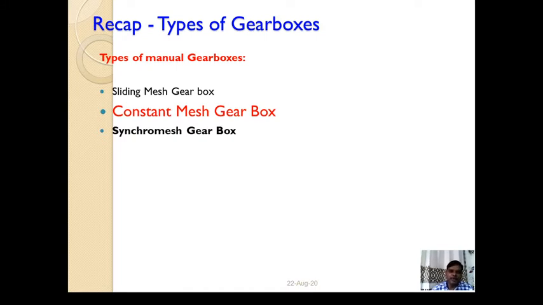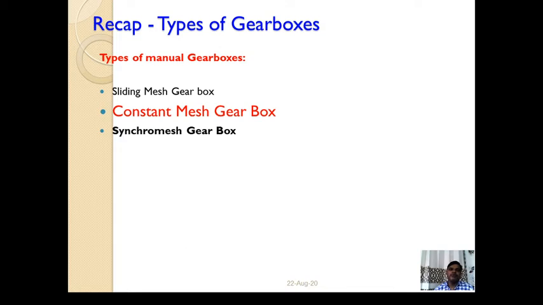In the sliding mesh gearbox we have a set of gears that are slid left or right to obtain a desired gear ratio. In that case, we have seen that it was important to use straight teeth spur gears, because we want to mesh a rotating gear with a stationary gear, so the teeth of the gear must be straight cut to mesh them easily. And we have seen that there are certain limitations, like they produce a lot of noise during engagement and disengagement, and they may produce vibrations also.